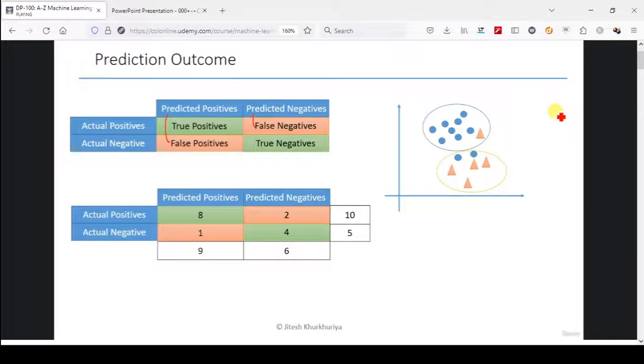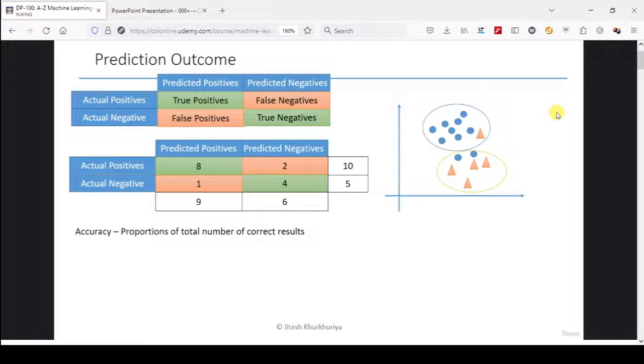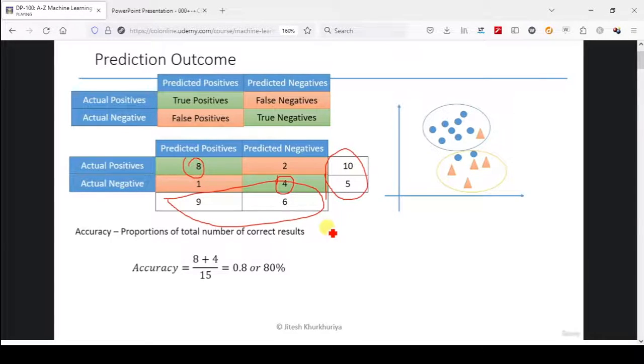And based on this confusion matrix, let's now try to learn how the characteristics or the metrics of accuracy, precision, recall, and F1 score are computed. So accuracy is nothing but the proportion of the total number of correct results. Okay? So the correct results are all the true results. And true can be both the true positive and the true negative. So what we are saying is accuracy is nothing but true positive plus true negative divided by the total number of results. Okay, so in this case, we have 8 true positives and 4 true negatives, and the total number of observations is 15. So it is 8 plus 4 divided by 15, and that's why the accuracy here would be 0.8